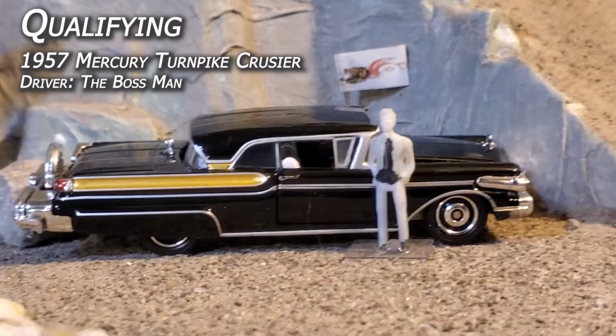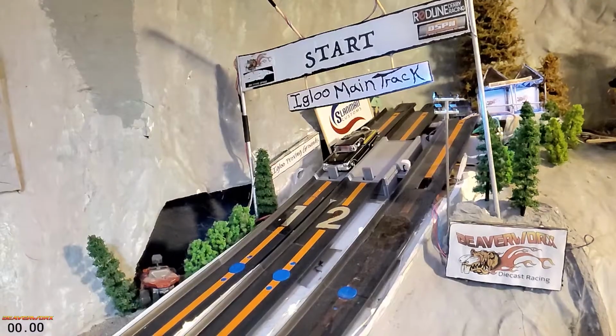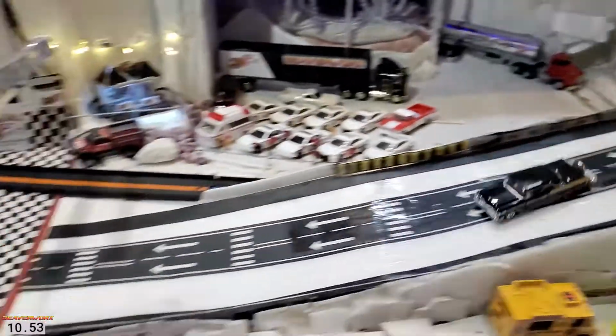All right, here he is, the boss man, Mr. Bugattinini, the operations director here at the Igloo Proving Grounds. This is a special order car he wanted. He saw the Turnpike Cruiser, said, I want to race that thing, and so here it is. This great big huge land yacht is flying down the track, making a great time at